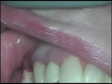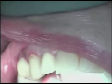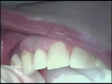So now I'm going to come back and get my provisional crown, and of course you have to orient it the right way, buccal to the buccal rather than to the palatal, and we see that it goes right on with absolutely no adjustment at all. And notice that it is completely out of occlusion, just as we planned on the model. So that goes all the way down. And then we're going to take it off and then use some Temp-On, some temporary cement, a very, very small amount applied with the